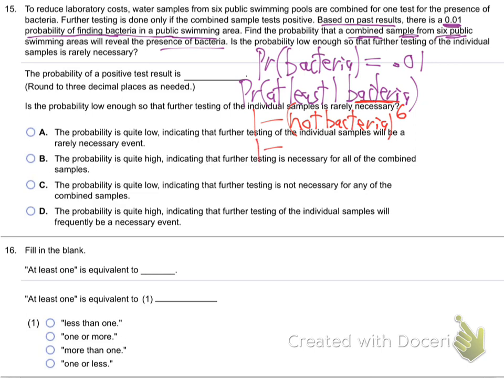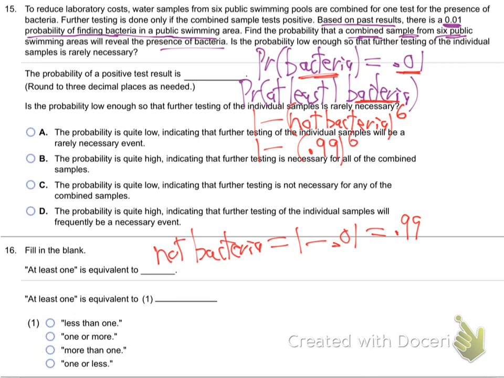So it's 1 minus. Now, what's the chance of not having bacteria? The chance of bacteria is 0.01. So what's the chance of not bacteria? 0.99, right? If there's a 1% chance of rain, there's a 99% chance it won't rain. Not bacteria is 1 minus 0.01, which is 0.99. So this will be 0.99 to the 6th power. So it's 1 minus 0.99 to the 6th power, which is 0.0585. But then we have to round it to 3 places. So the final answer is